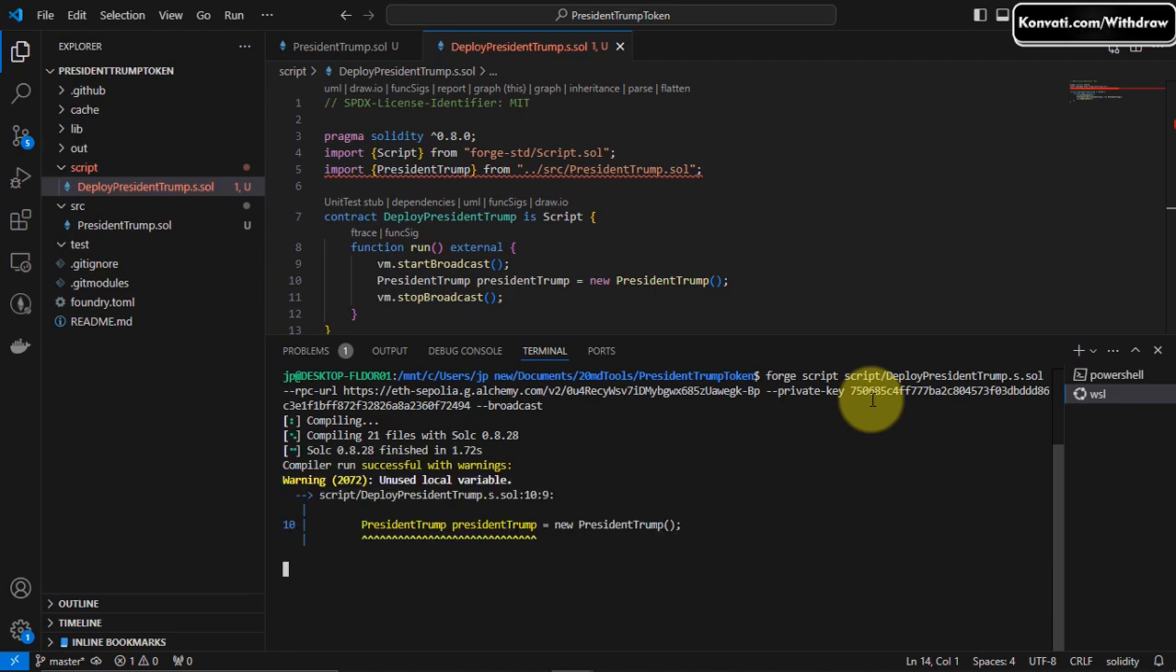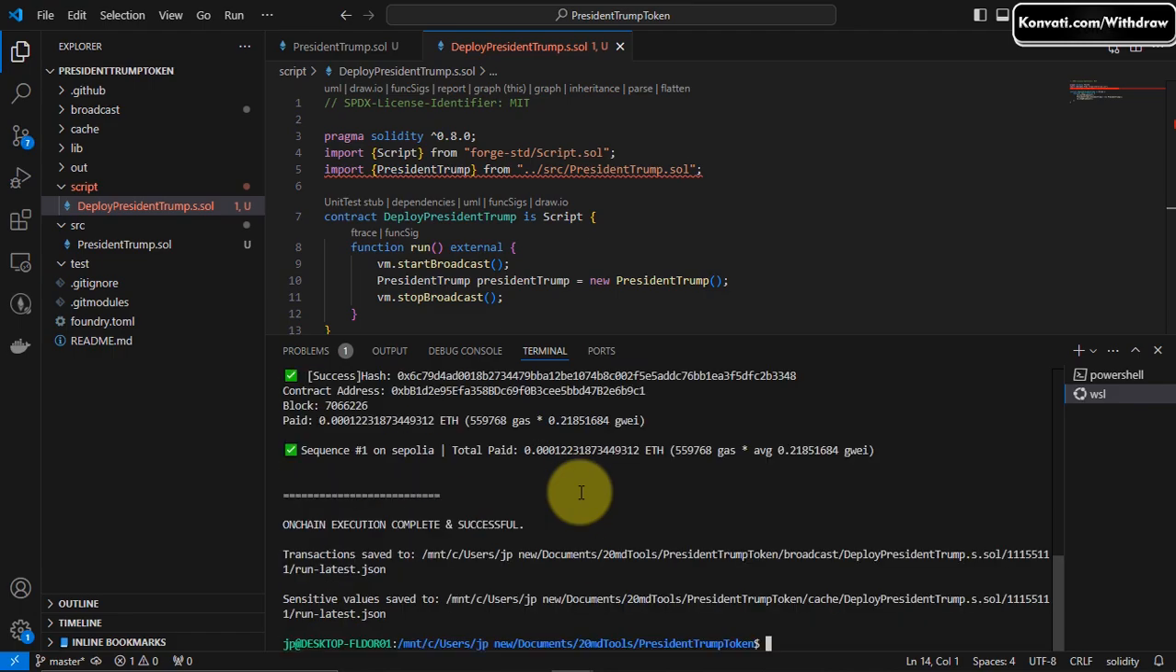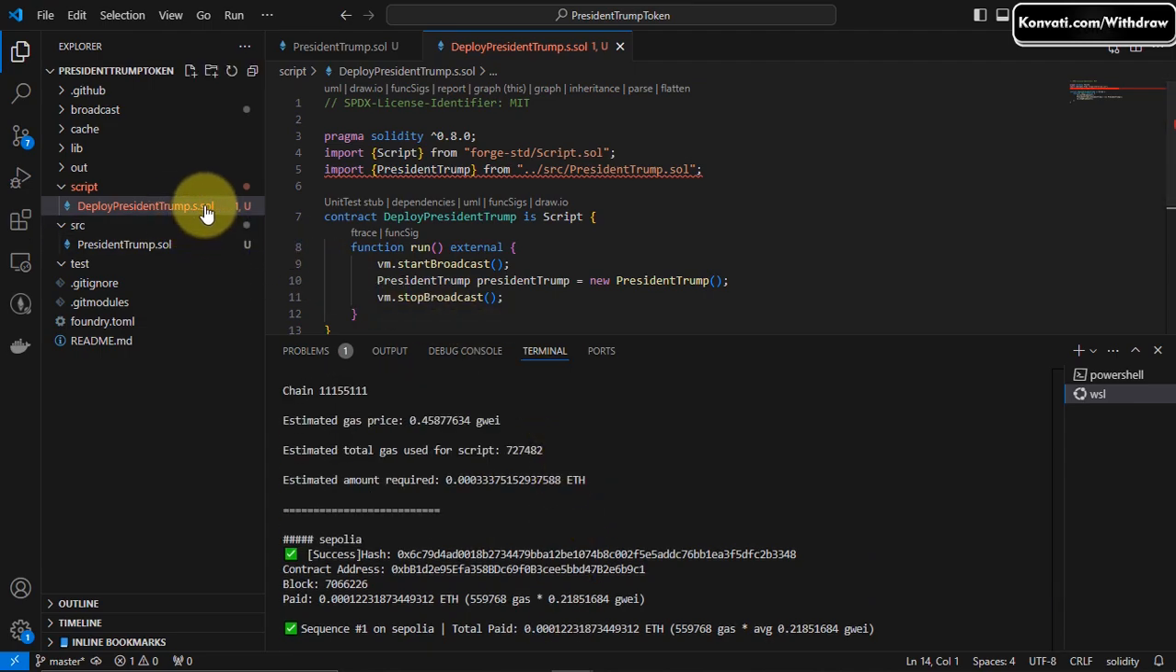As you can see, guys, it's compiling. It is actually broadcasting our transaction to the Ethereum testnet. So let's just allow it to be mined. It's taking a while, so we'll just give it some time. Voila, guys, it was successful. We were able to deploy this smart contract token on the Ethereum testnet,